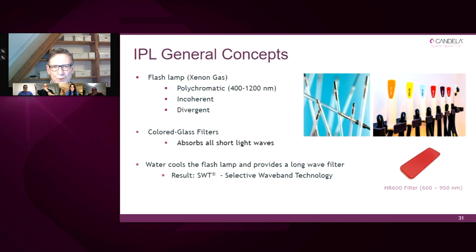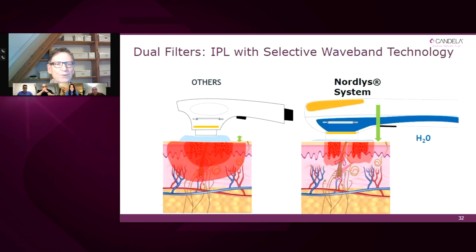The light is produced by flash lamps, and we need these colored glass filters to filter out the wavelengths we don't want. We also use water as a filter because water absorbs from 950 nanometers and further out in the infrared light source. So if we use water around the flash lamp here, we already filter these wavelengths away, so they will not be absorbed in the tissue afterwards, making non-specific heating of the tissue. This is in contrast to other devices with no water filter in it.